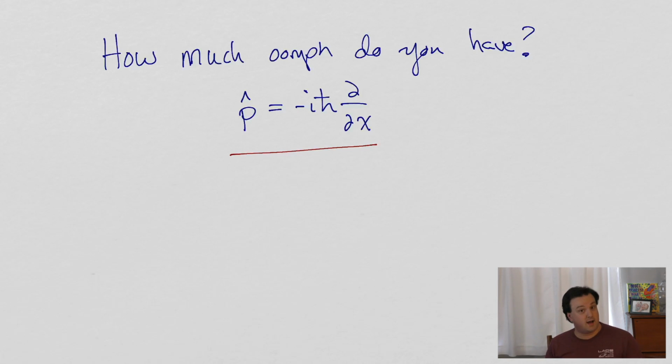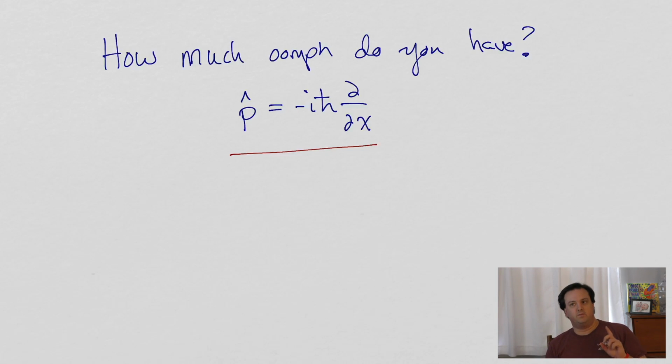And we're going to talk a lot about why this is minus i h bar d by dx. This is probably the first time you've ever thought about the momentum operator looking like this, but I promise within the next couple of weeks, you'll wonder how you ever thought about it any differently, okay? But what this is saying is the momentum operator is a differential operator, which I've written in the x basis,